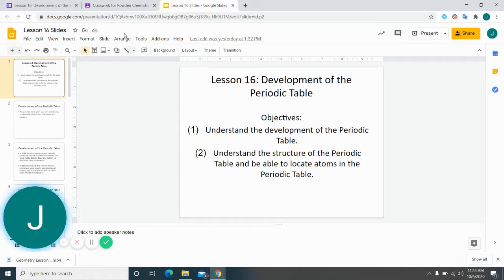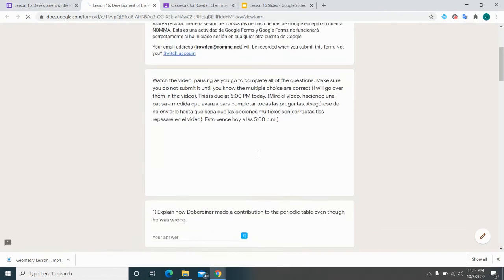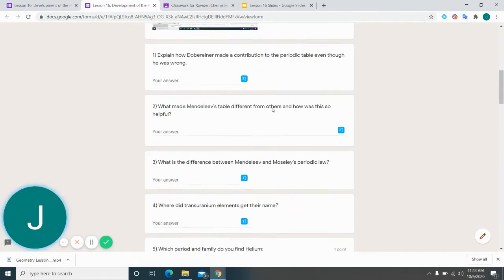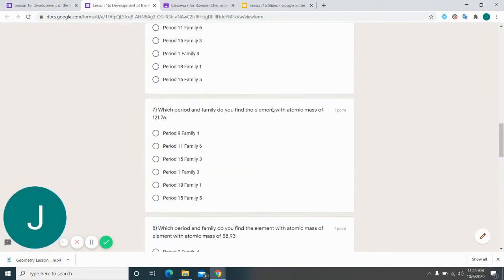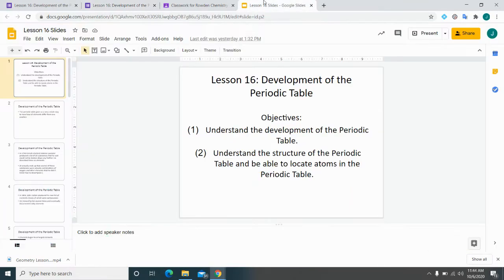So let's go through the slides to begin with. First, we're going to go through a couple of famous figures that helped develop the periodic table, kind of know the history of it, and then you're going to use it and look at the basics of it, and that'll be the lesson. So first off,